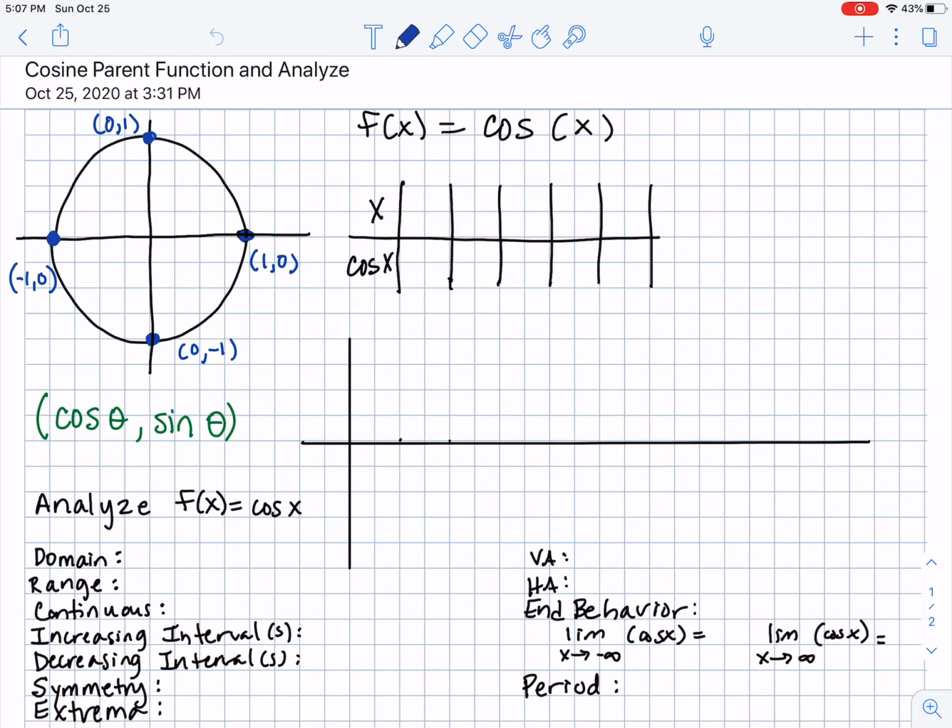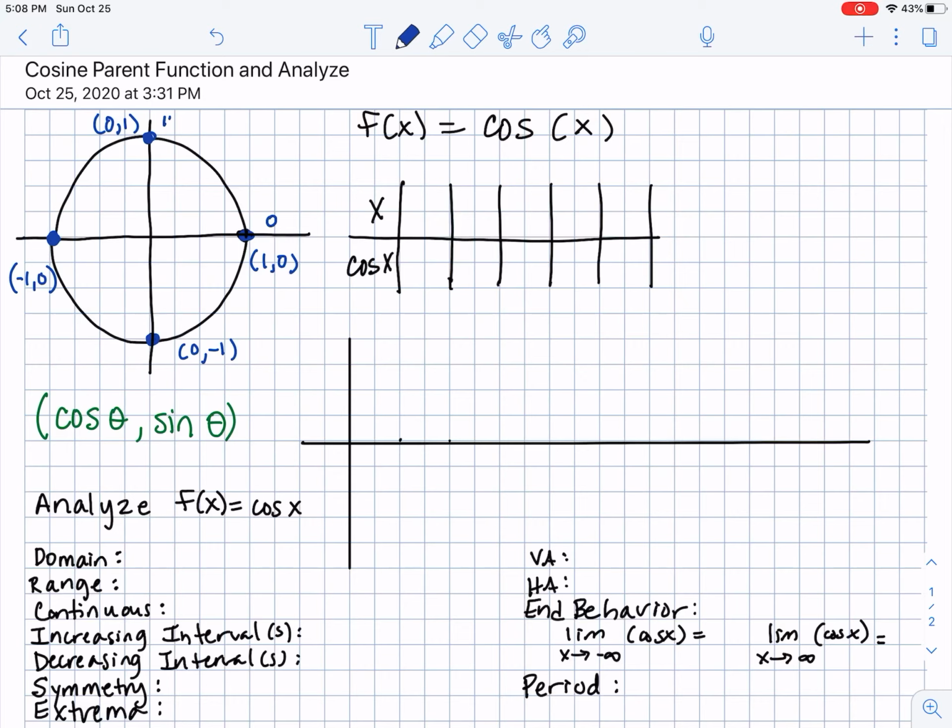So this video is going to talk about the cosine parent function and how to analyze that. So I want to take you back to your unit circle, and keep in mind with the unit circle we start at 0, okay, and that is located at the coordinates (1, 0). And as you work counterclockwise around that unit circle and you go one revolution around, when we go 90 degrees,